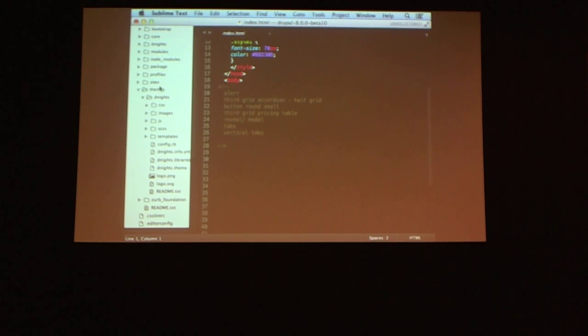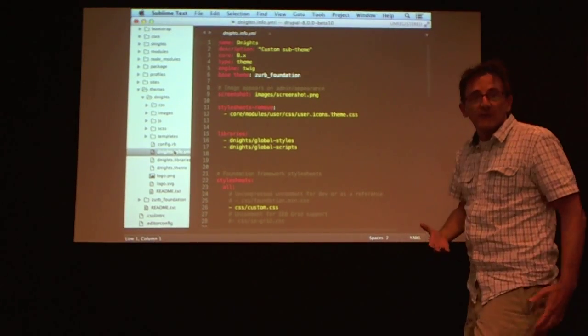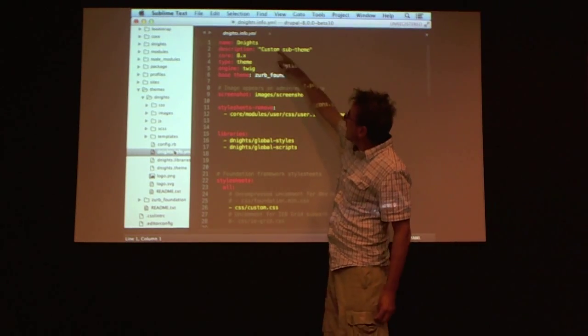So here is my theme folder. I've called it Drupal Nights. The most important thing to start off with is the info YAML file. This is very similar to the .info file for Drupal 7. So we're defining the